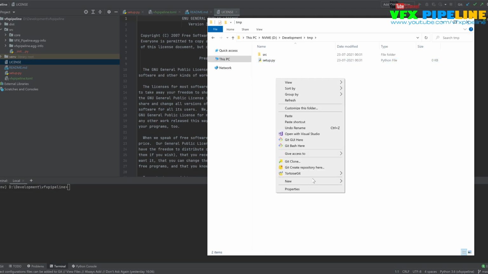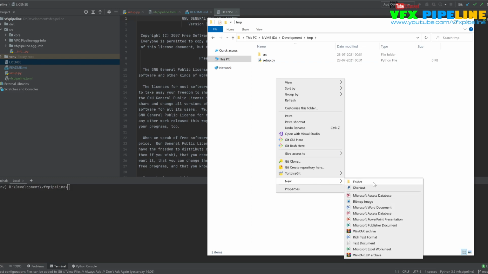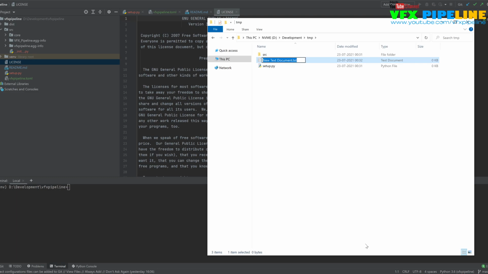For now I want to create the renderbox app, so I will create renderbox.toml. And guys, these are just empty files which I'm creating. The rest of the content I will copy for you, so you can easily understand what is going on.